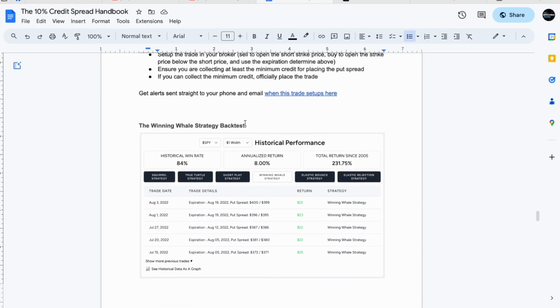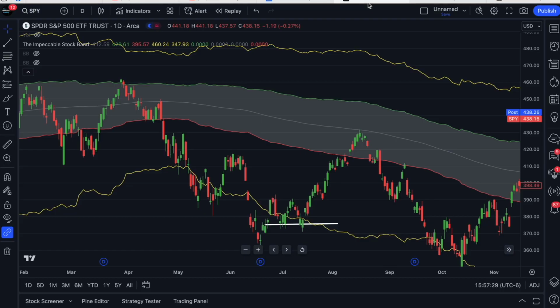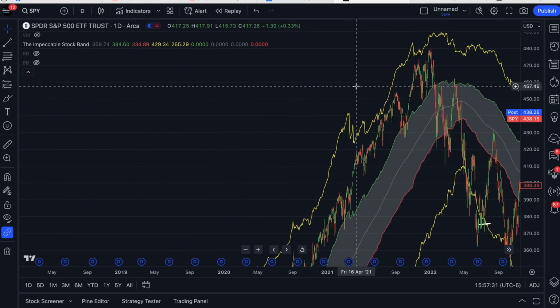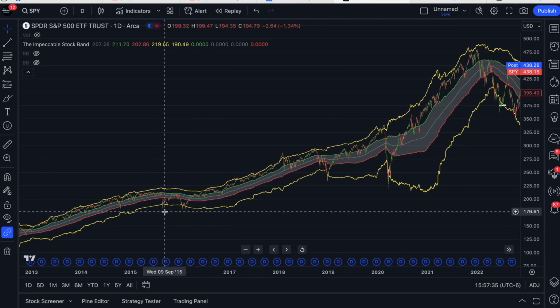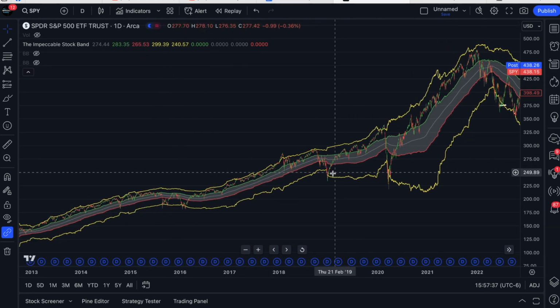But again, what does this look like? This looks like an 84% win rate with an 8% annualized return. Guys, this is a really, really good return. It's the average market return, but we also have to factor in that you got the average market return only trading very few times. If we look at this on SPY, okay, well, it went below the yellow